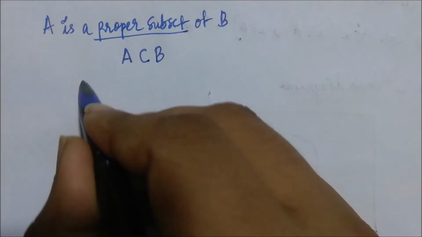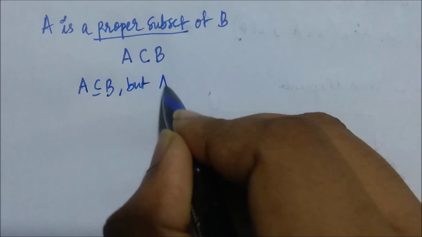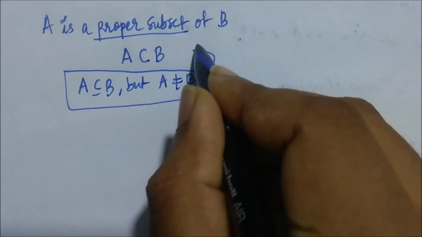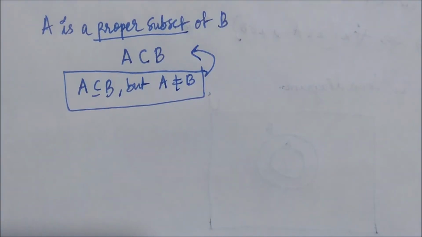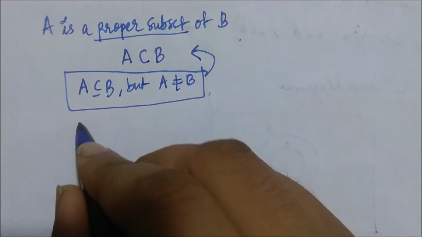Okay. So we have seen the concept of A is a subset of B, what it means to say that A is a subset of B. Now what does it mean to say that A is a proper subset of B? When we say that A is a proper subset of B, we omit the equality symbol from how we denote a subset. And that's how we represent A is a proper subset of B. A is a proper subset of B means that A is a subset of B, that is for sure, but A is not equal to B. That's when we call A a proper subset of B.